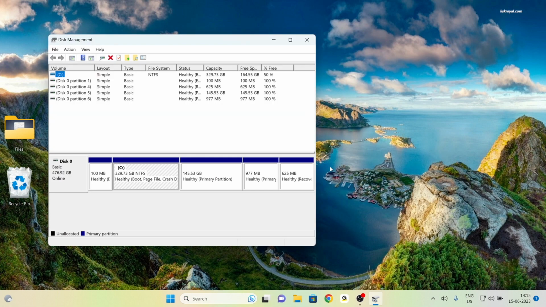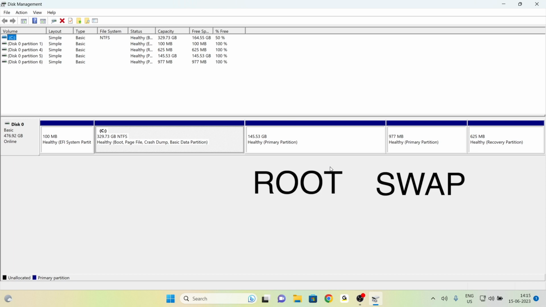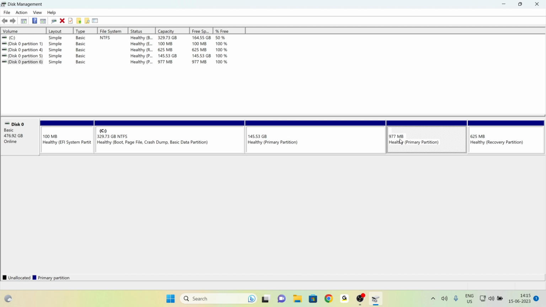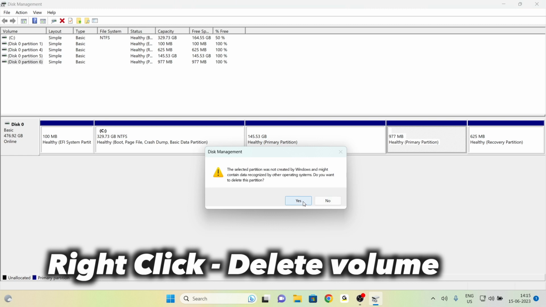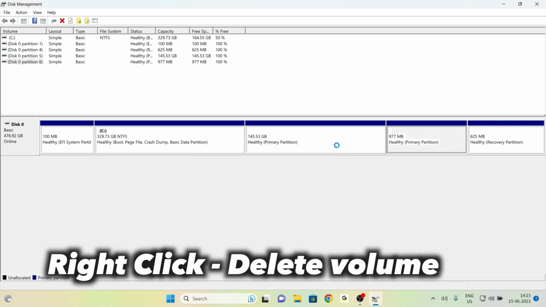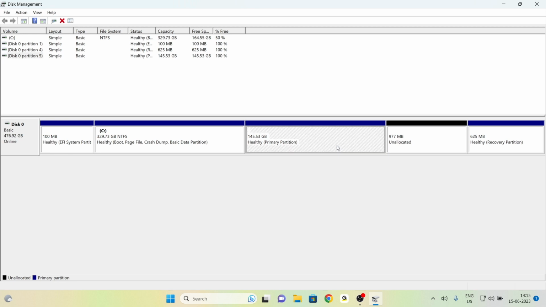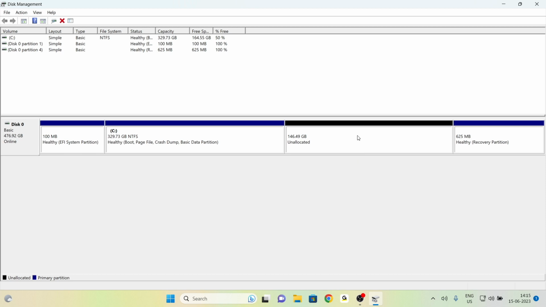Here, next to the C drive, you can see two partitions which have been created while installing Debian Linux. Go ahead and remove these two partitions by deleting them. And now you will see unallocated free space that you can use and expand Windows.